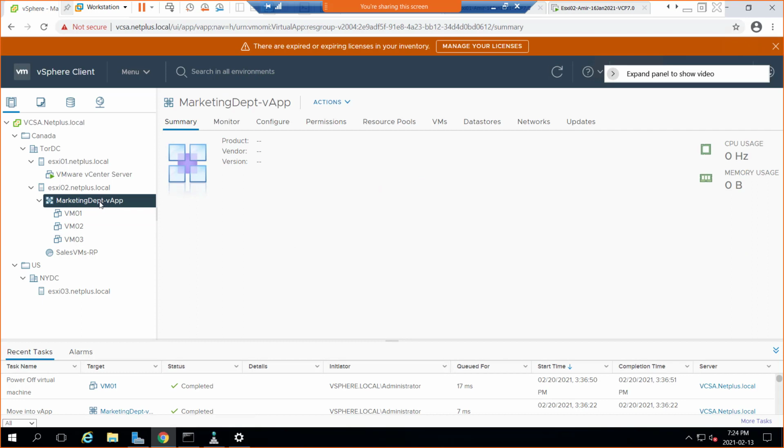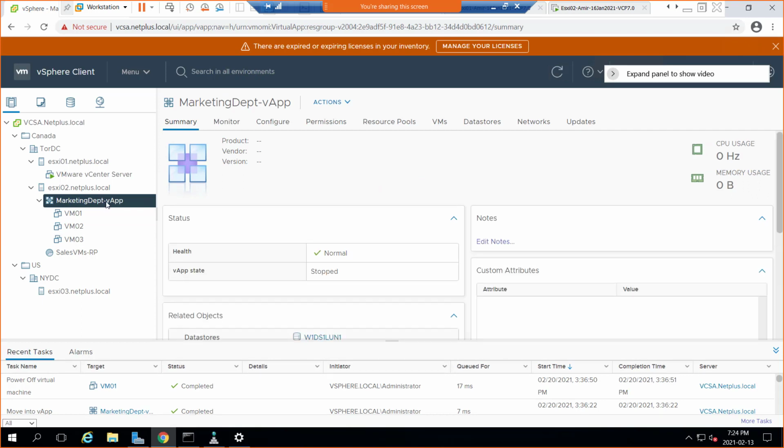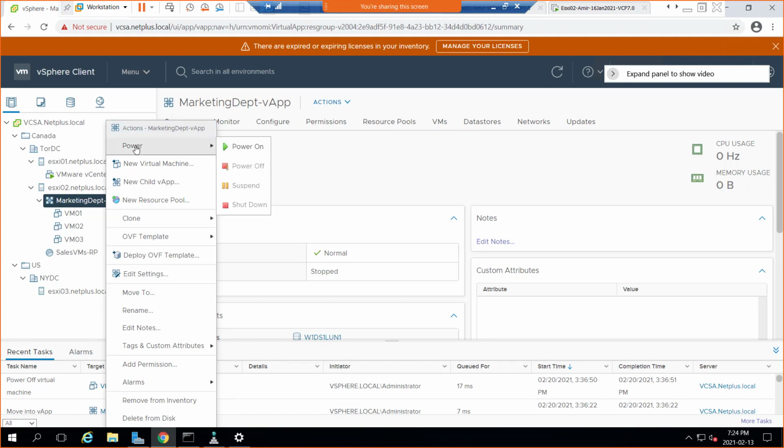And I'm going to go to the VApp and right click on top of the VApp itself. Now we got a lot of options here, but we do see the power option there. So that was not there in the resource pool. Obviously that's going to be here. And power on, but how do they power on? Do they power on all three together, or do they power on in order? So yes, they will power on, but how? So we can just check it out. Other than that, there's new virtual machine, there is new child VApp. You can create, just like a child resource pool can be created, a child VApp can be created as well. A new, separate resource pool can be created inside, although the resource pool is already built into the VApp, but still,